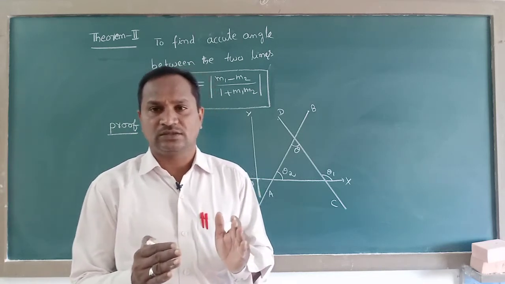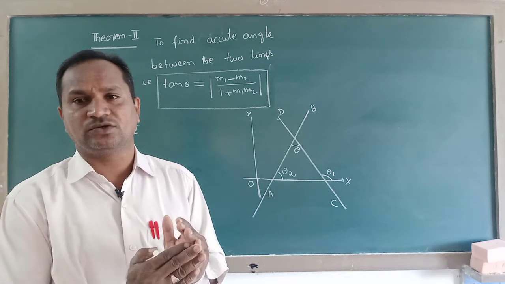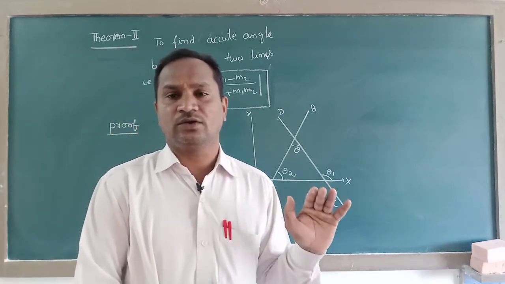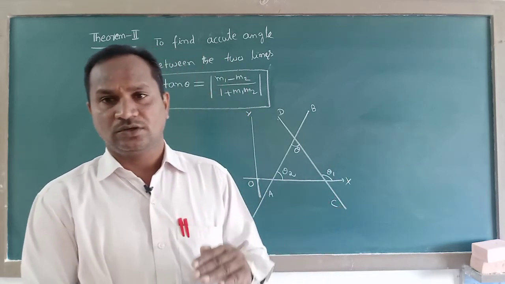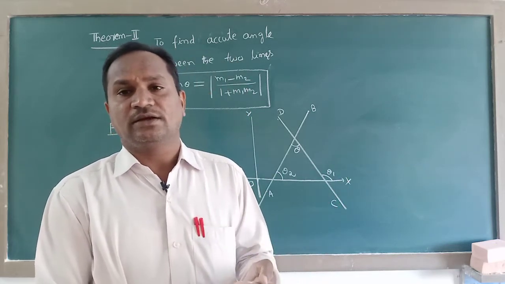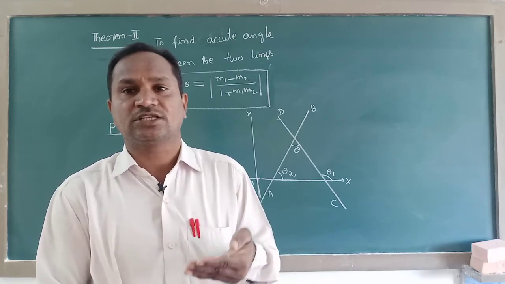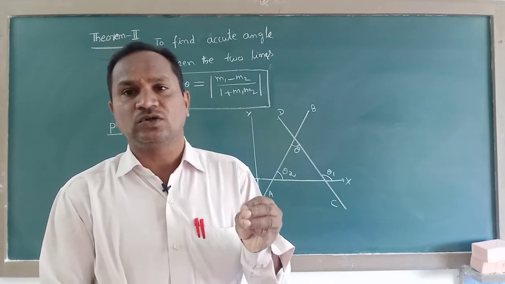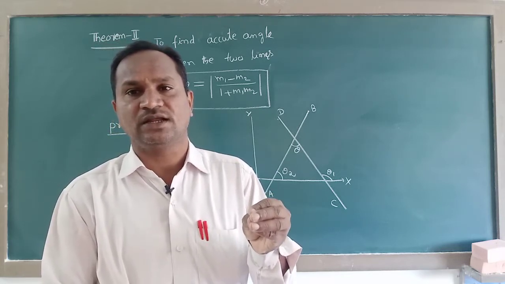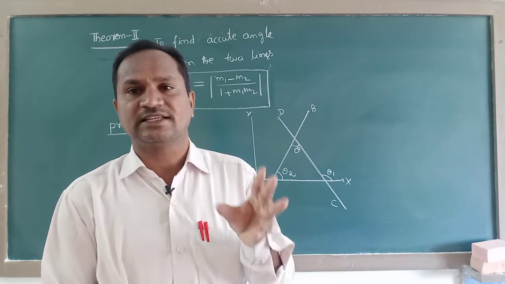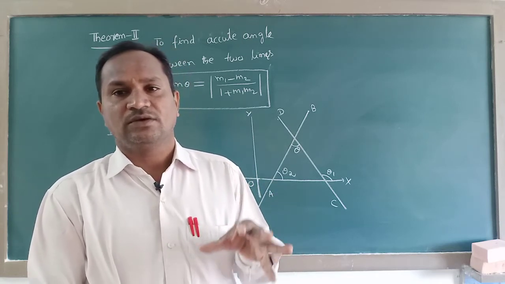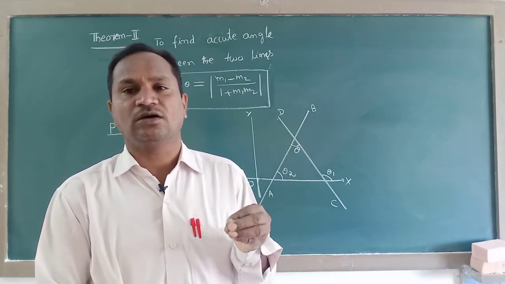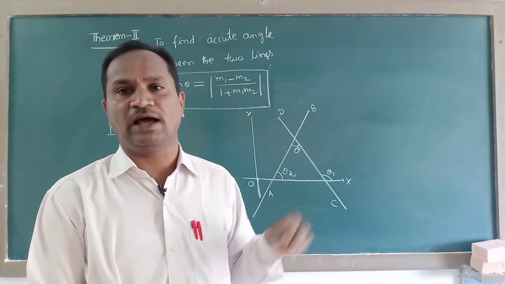Like that, we take the slopes of the given two lines. Here we are giving the derivation of how to find the angle between the two lines with respect to slopes. With respect to slopes means we must consider the slopes m1 and m2 of the first line and second line respectively. At the same time, we have to apply the slope concept formula with respect to angles here.